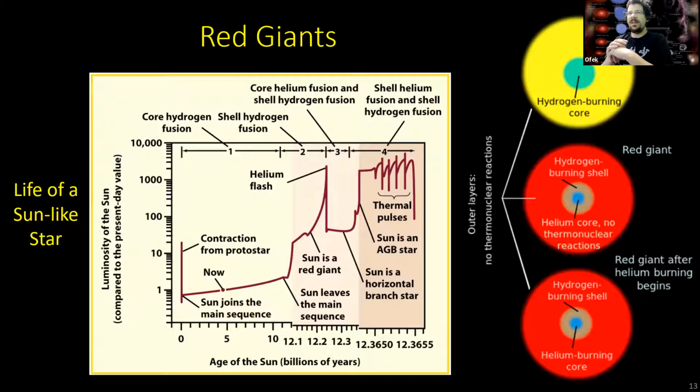The core becomes slightly denser, slightly hotter, and so the efficiency of burning nuclear hydrogen grows. So the luminosity grows slightly over this long period until eventually the sun leaves the main sequence and grows into a red giant, and eventually ignites helium. For our sun, it will be a brief process, a brief onset of a helium flash, and